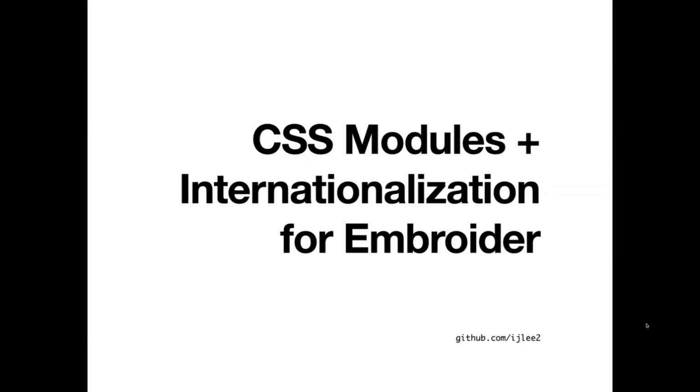So at EmberConf, I talked about the incremental steps that we can take to make our projects more maintainable and extensible. One of these steps was to extract V1 add-ons to a separate repository and then convert them to V2. Now, the V1 add-ons at Clark, the company that I work for, heavily depend on Ember CSS modules and Ember Intl. So in order to extract these V1 add-ons, we first had to ask the questions, what does CSS